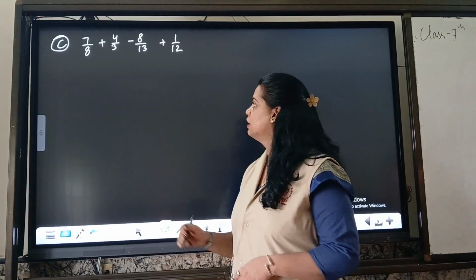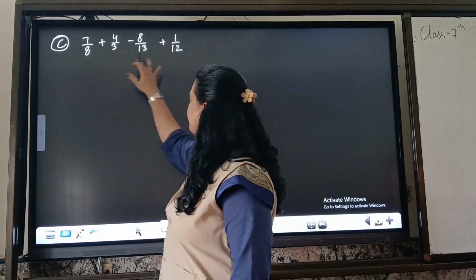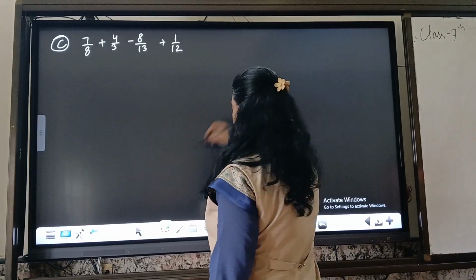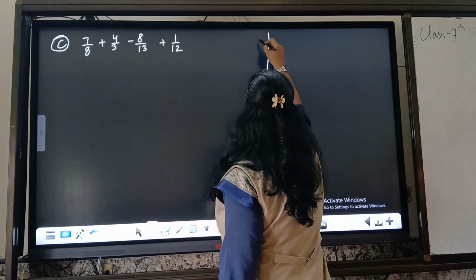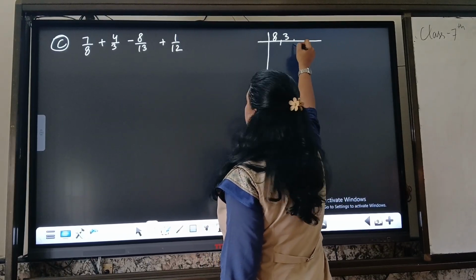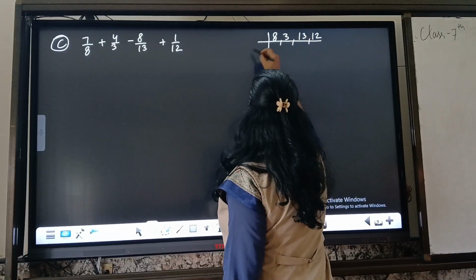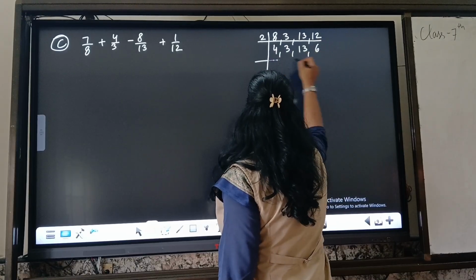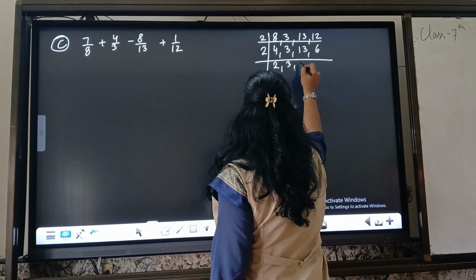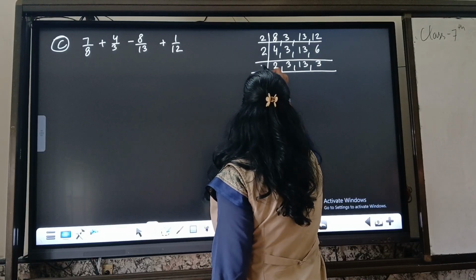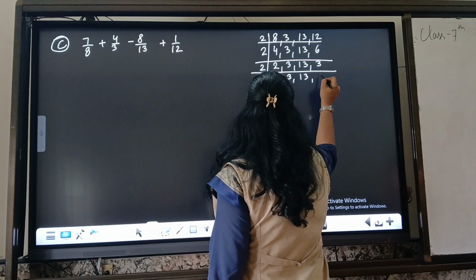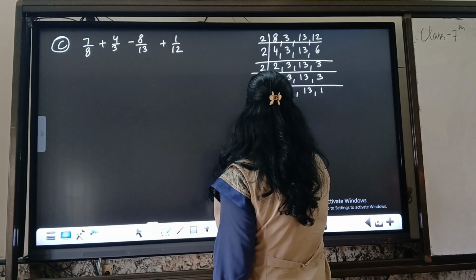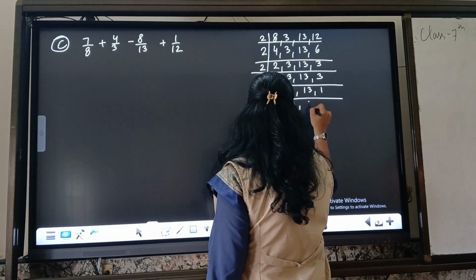Now moving towards the C part of the same question, here we have 4 different rational numbers. We have to take out the LCM of these denominators. So here I am solving for you all. It is 8, 3, 13, 12. So it is the table of 2: 2 4s are 8, 3, 13 and 2 6s are 12. 2 2s are 4, 3, 13 and 2 3s are 6. 2 1s are 2, 3, 13 and 3. The table of 3 will be taken: 1, 13, 1, and now the last is 13: 1, 1, 1 and 1.